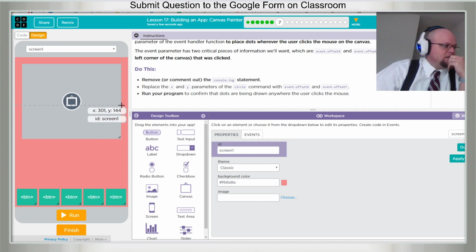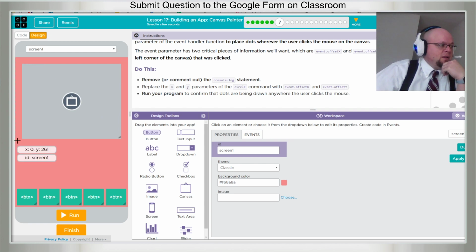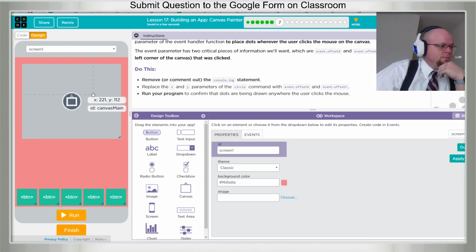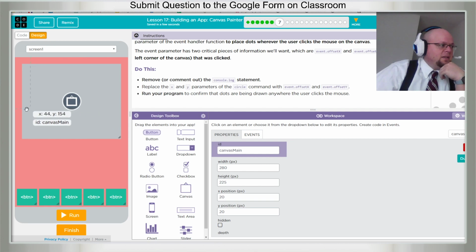Okay, so this x is the right edge of the canvas compared to the left side of the entire screen. Yeah, it's where your cursor is, I think. Yeah, not the actual. Yeah. Okay, so this right edge, the x is 300, but the width of the canvas is 280 because we're starting from 320. We're subtracting 20 from this side and 20 for this side, so the canvas is 280 wide, but it's still 300 from the left, and top down